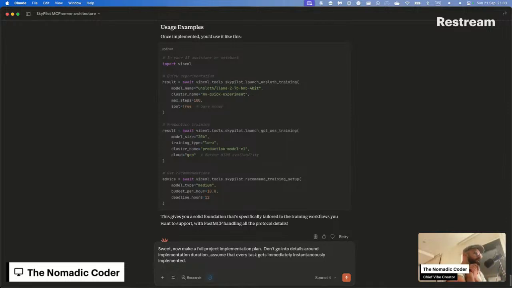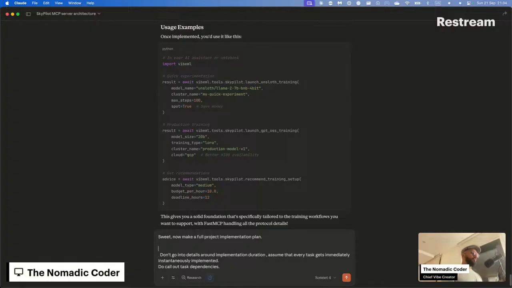Let's see. Don't go into details around implementation duration. Assume that every task gets instantaneously implemented. What else? Do call out task dependencies.